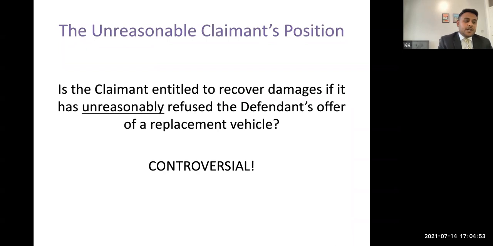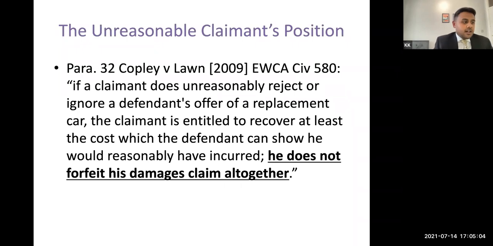But even where they have acted unreasonably, are they still entitled to recover damages? The answer is yes, and it was encapsulated at paragraph 32 of Copley and Lawn, where the Court of Appeal effectively said that just because a claimant unreasonably rejects a defendant's intervention offer, that doesn't mean that a claimant forfeits